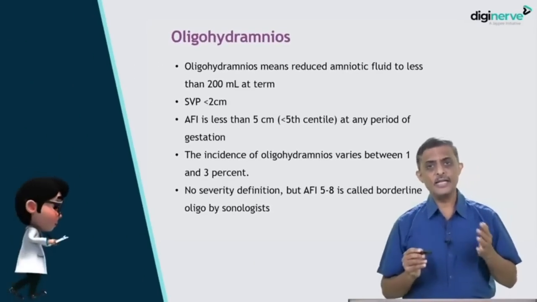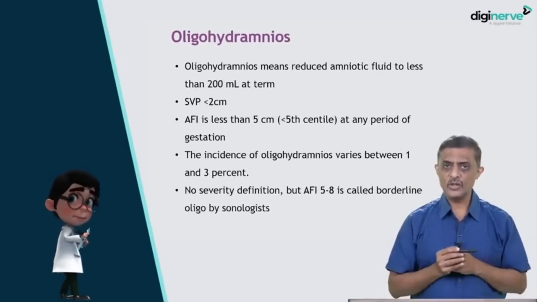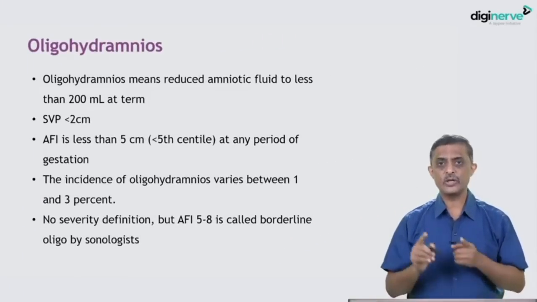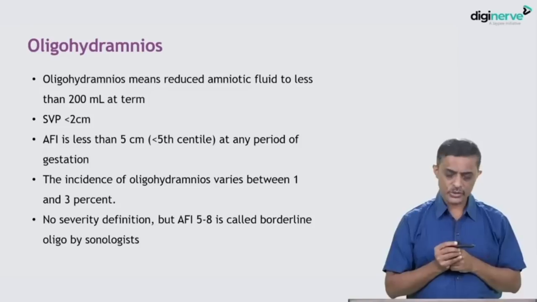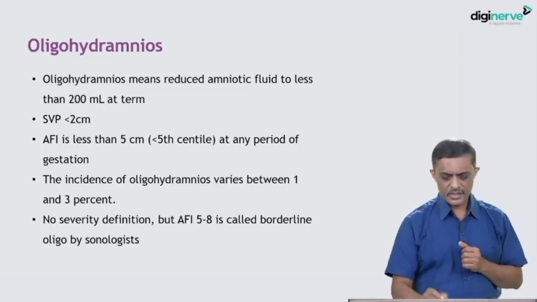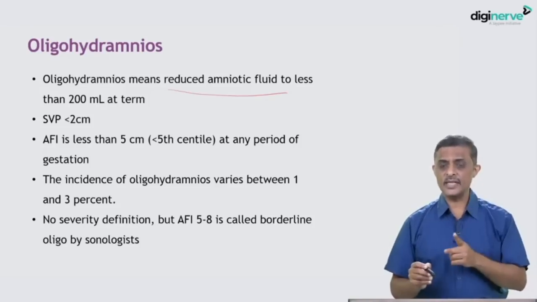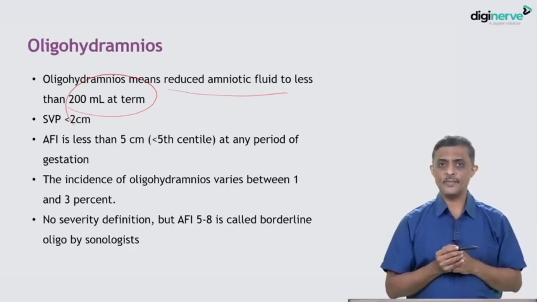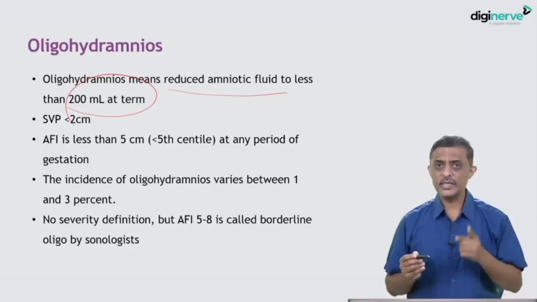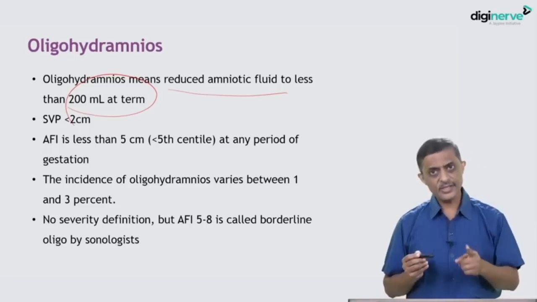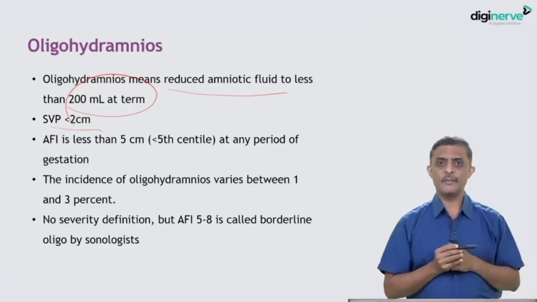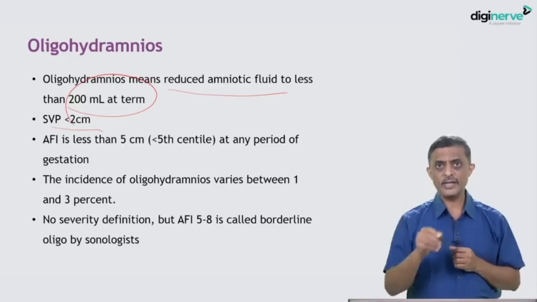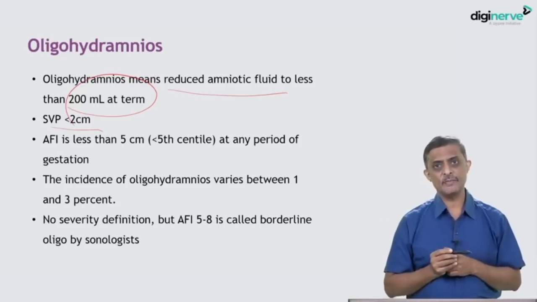So now we will study the individual problems of the amniotic fluid volume, and each one could be a short note question. Oligohydramnios could be a short note question. Polyhydramnios could be a short note question. So oligohydramnios means reduced liquor. In terms of quantity, if it is less than 200 ml at term, it is called oligohydramnios. In terms of single deepest vertical pocket, if it is less than 2 cm, it becomes oligohydramnios. If the AFI, which is a 4-quadrant addition measurement, is less than 5 cm, it is called